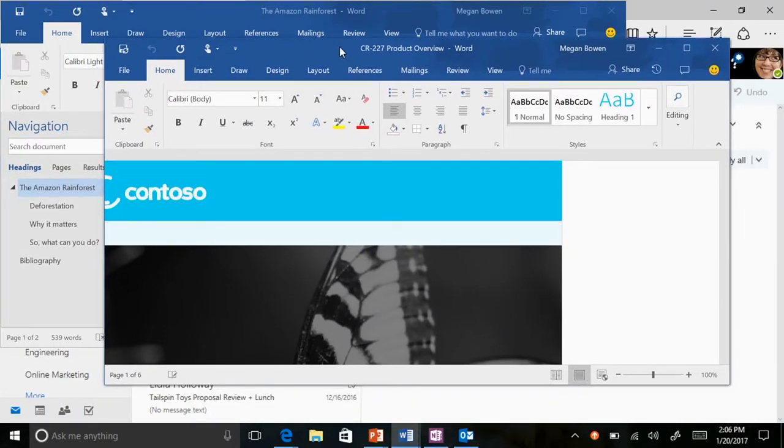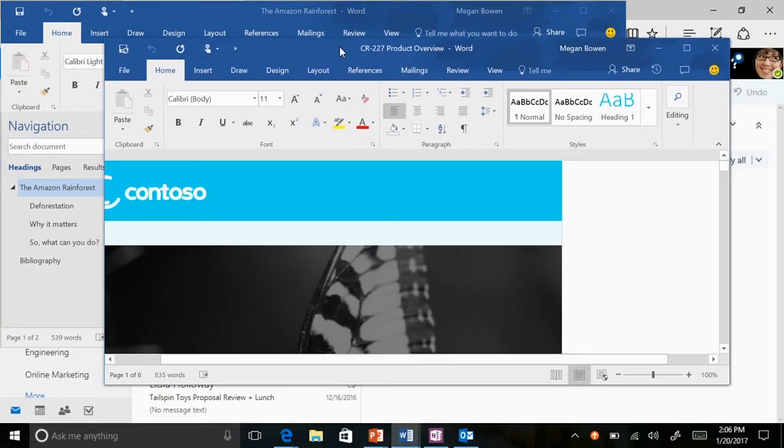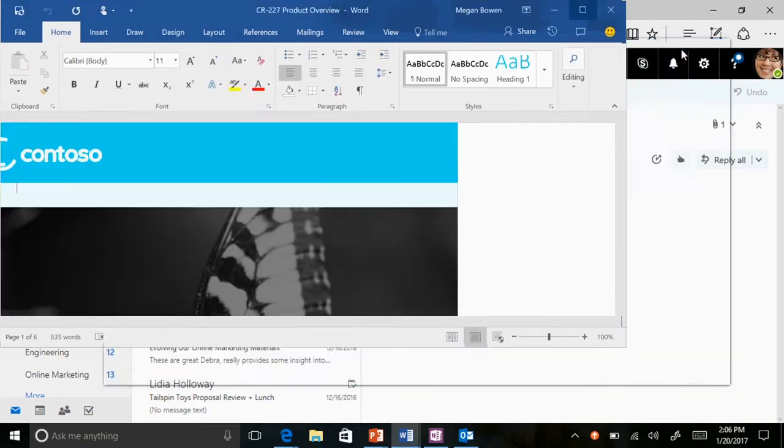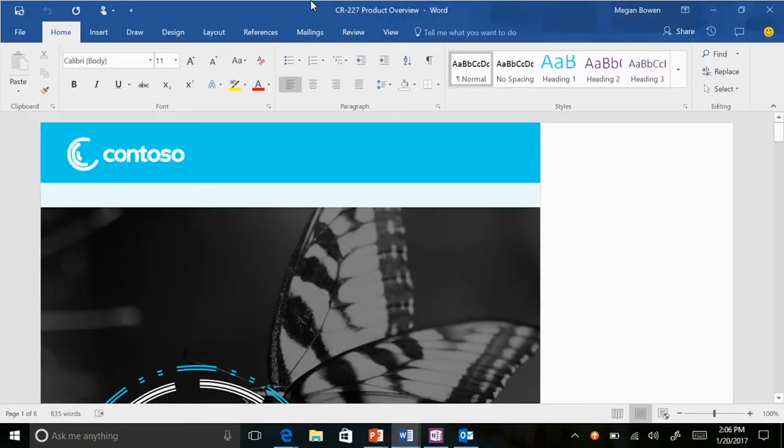So you'll see here, one distinct way to tell if you're working with a cloud document or a local document is this save icon up there at the top left-hand corner. I'll go ahead and maximize this document here, sorry. So this save icon will have the circle of arrows to let you know that it is constantly saving changes up to the cloud. If you see the traditional save icon with just a floppy disk, it's going to be a local copy. If you see it like it is, it's a quick way to know that it is saving up to the cloud. That's a little tip and trick that I like to always remember because it's important to know whether you're saving to the cloud, if you're offline, and things like that.